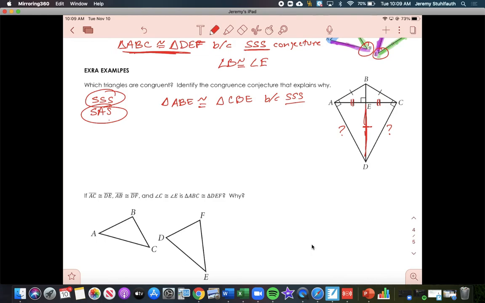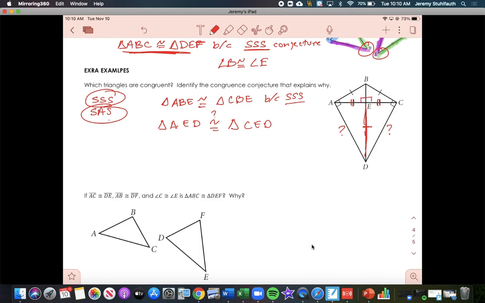So first off, if we had numbers, if we knew the lengths of these sides, we could use the Pythagorean theorem to figure out whether or not that third side is congruent. However, there are no numbers, so we can't use the Pythagorean theorem. So is triangle AED congruent to triangle CED? The answer is yes, because what we know here is this angle is 90 degrees,